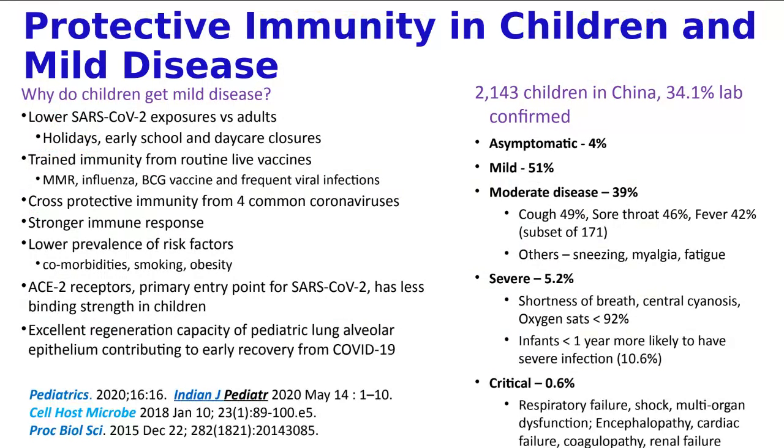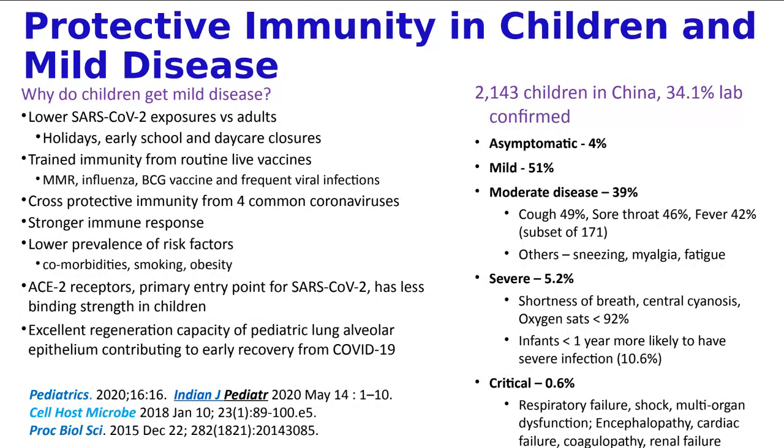You would ask, why is it that children seem to have gotten mild disease in the earlier cases? And what is being said is that they have lower exposures than adults. They're mostly on holidays, with early school and daycare closures. They have already trained their immune systems through the use of routine live viral vaccines. They have cross-protective immunity from the 4 common coronaviruses. They have stronger immune responses and a lower prevalence of risk factors. And then the ACE2 receptors, which are the primary entry points for SARS-CoV-2, have less binding strength in children as compared to adults. And then it is felt that the lung alveolar epithelium regenerates very easily, with earlier